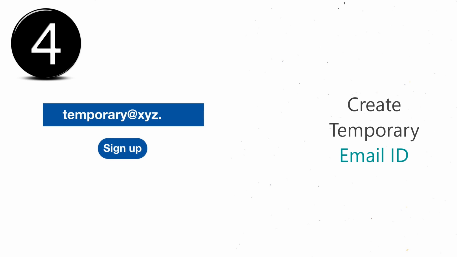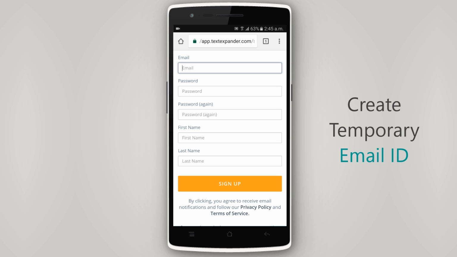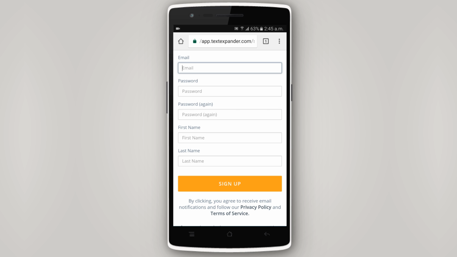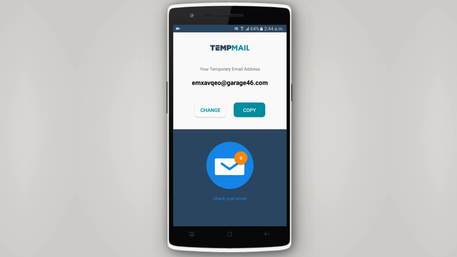Create a temporary email ID. If you want to use a service for a little while and it demands an email ID, but you are hesitant to give your personal or business email ID, you can simply create a temporary one. Install the app Temp Email, which lets you create unlimited temporary email addresses with ease.